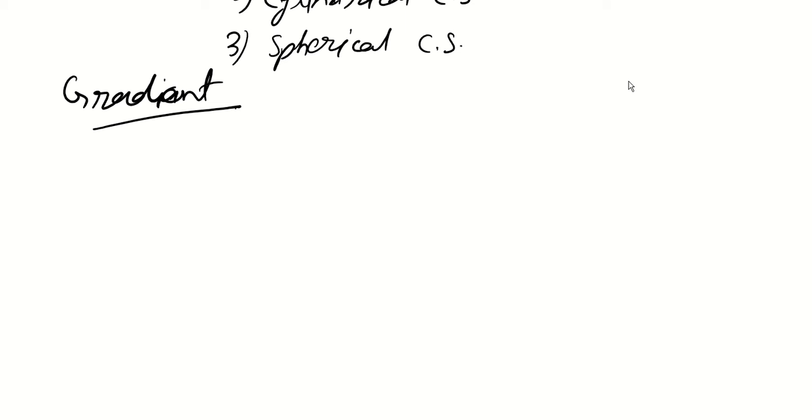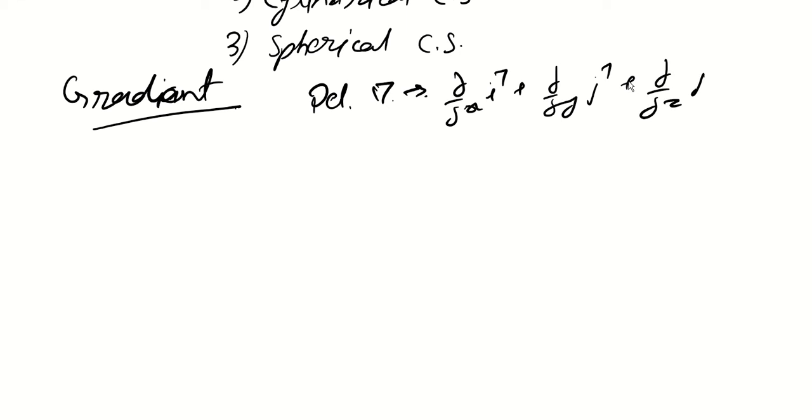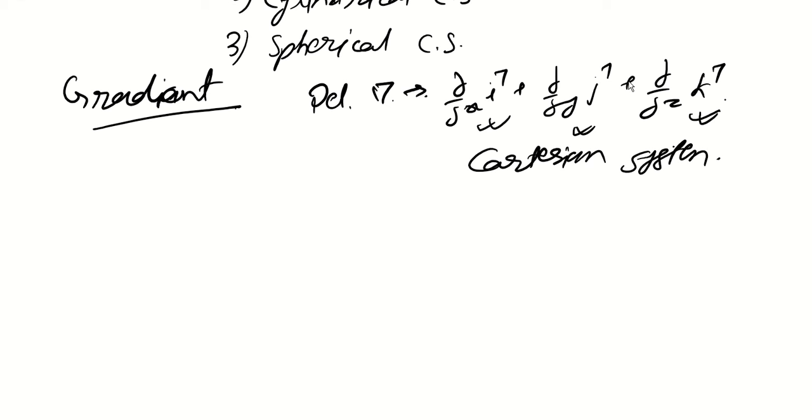Gradient. Now first of all we have to understand an operator which is called del operator. Okay, so del operator is this. This is defined as dou by dou x i cap plus dou by dou y j cap plus dou by dou z k cap. Now the thing is, this i cap, j cap and k cap are only in Cartesian system. So what happens when it goes to cylindrical system or spherical systems? Those coordinate systems become a little bit tough. So first we will understand for Cartesian system, then we will go for another course.